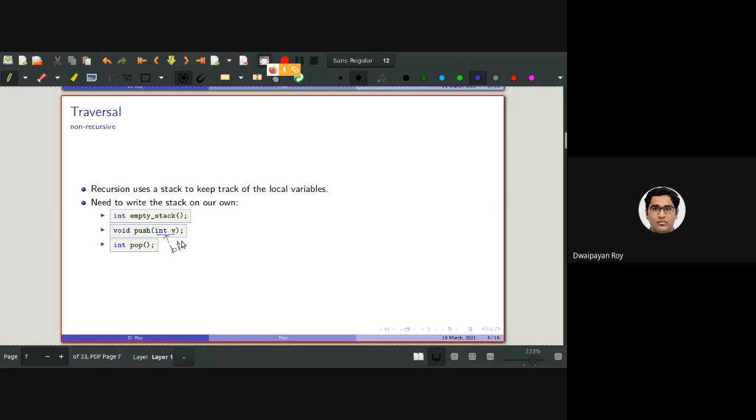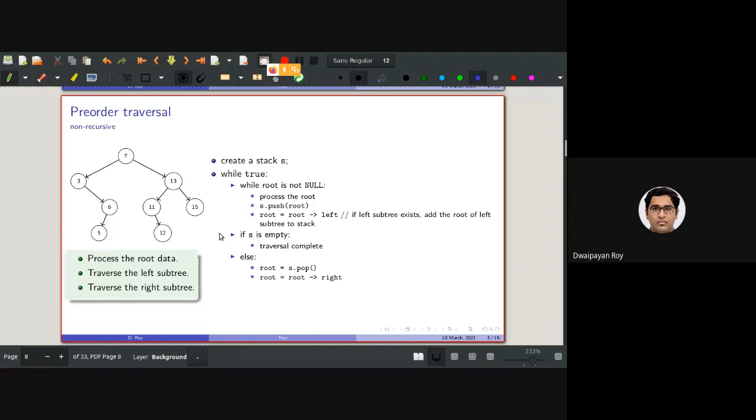Basically, the empty stack function did not need to be changed, but push and pop needed to be changed when we accommodate BT node type pointers. All right. So we had actually discussed step by step how to make this non-recursive version of the pre-order traversal.